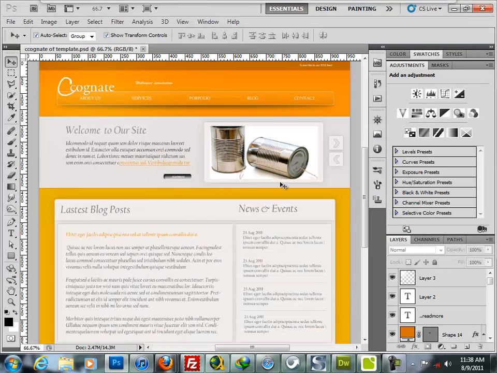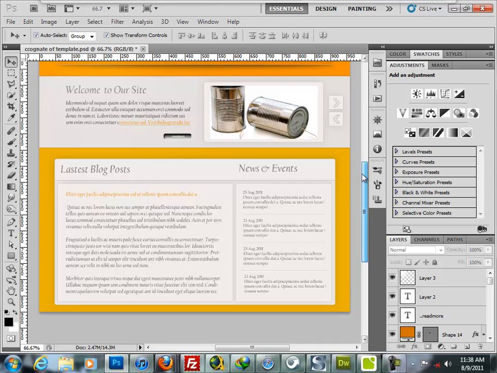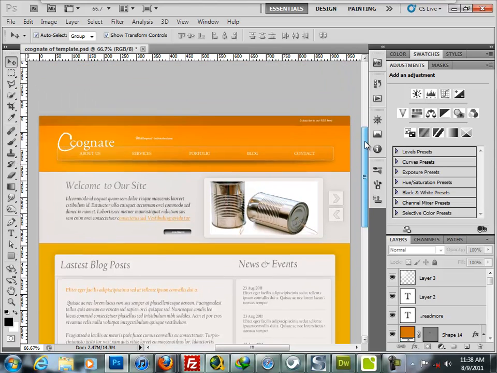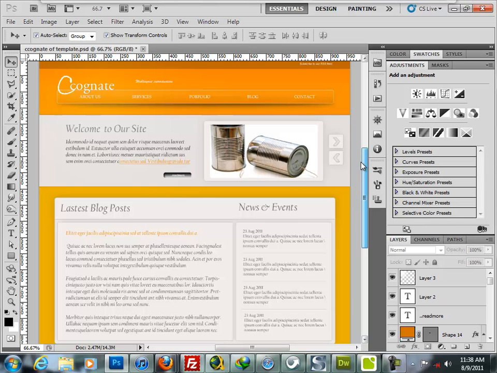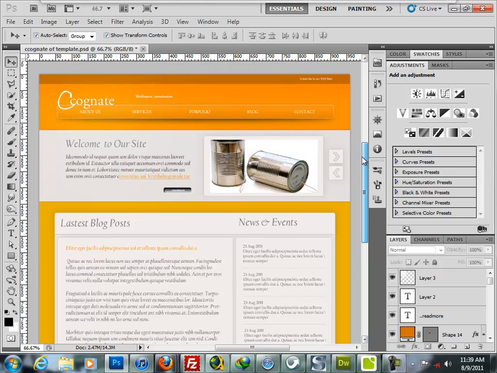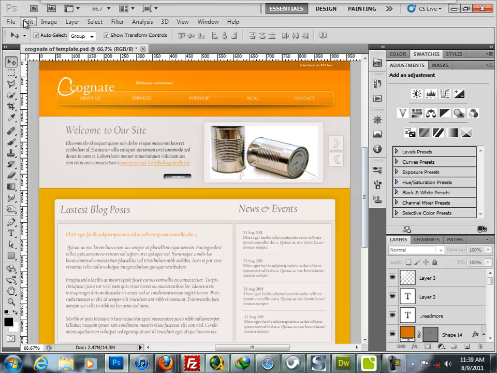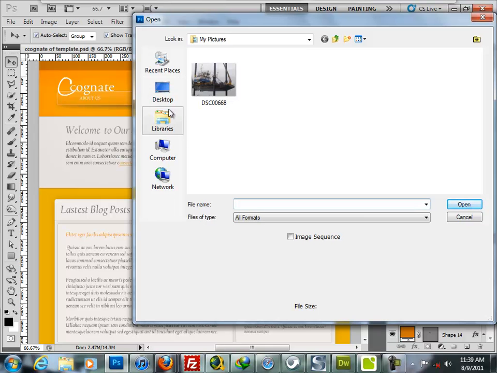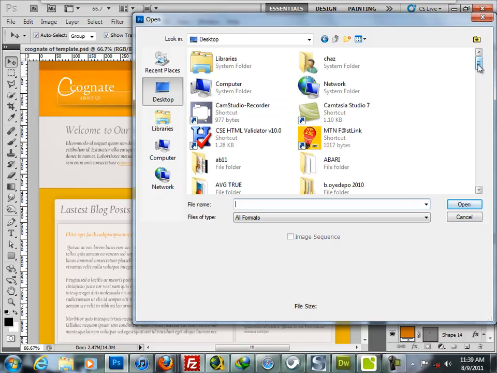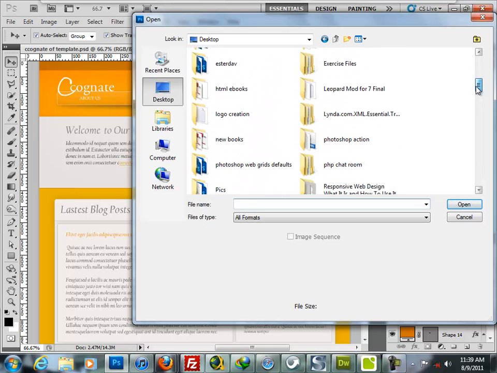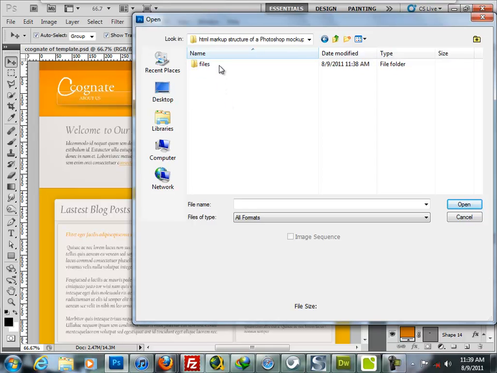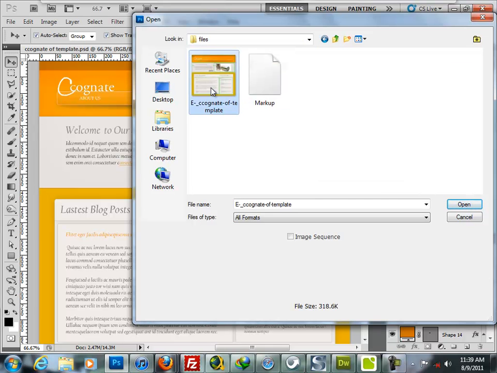One of the things I want to achieve here is to be able to look at the design and break this down into HTML code that can actually work for a site. And the first thing we do is break this down into different sections of HTML elements we use for web design. So I'm going to open up another file, which I've already saved on my desktop in the folder, so when I give it to you guys, you'll be able to get exactly what I did. I'll go to File and open up this image,